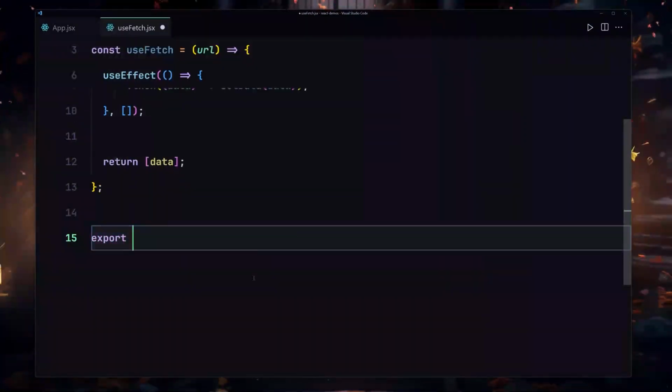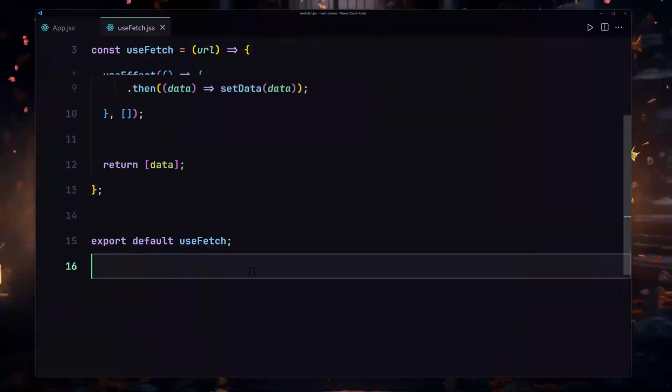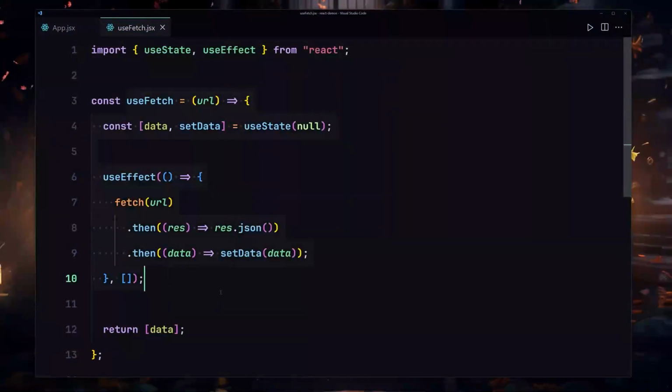So finally, I'm going to have to export that so that I can use that in another component. So I'll use my useFetch, and now I'm going to save my file. And now we have to use this useFetch